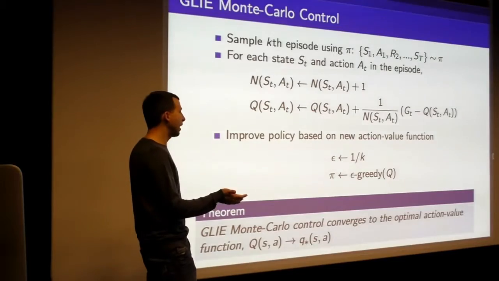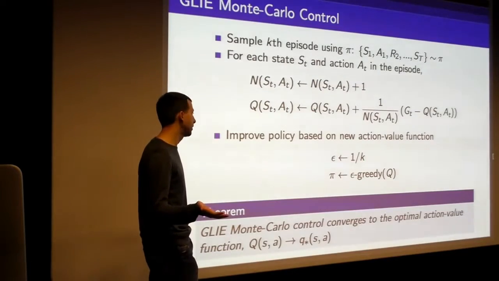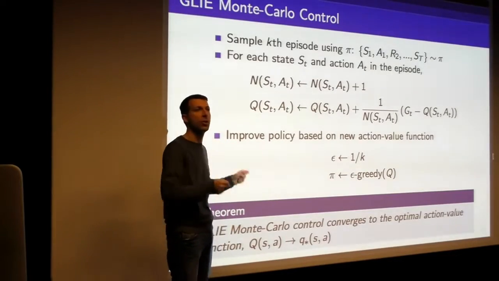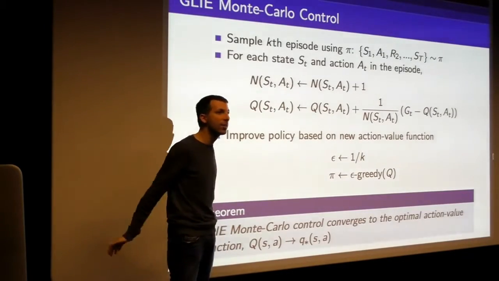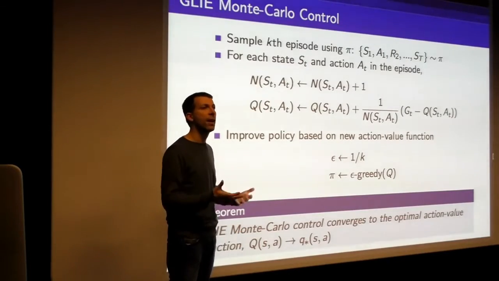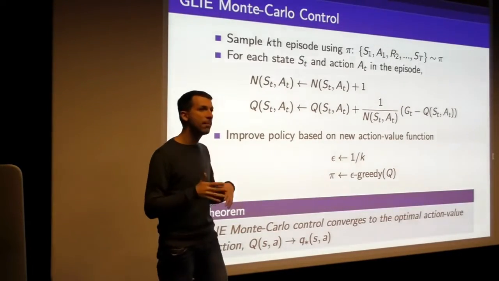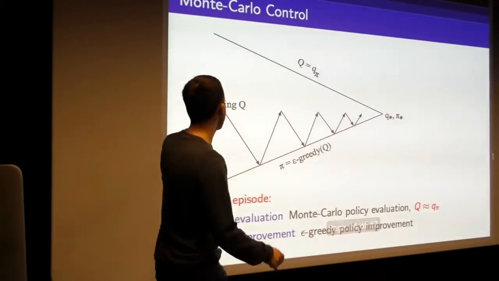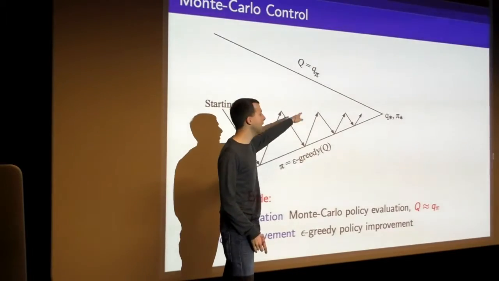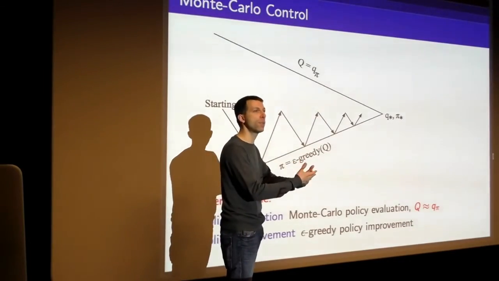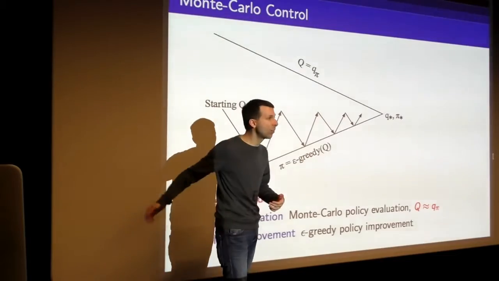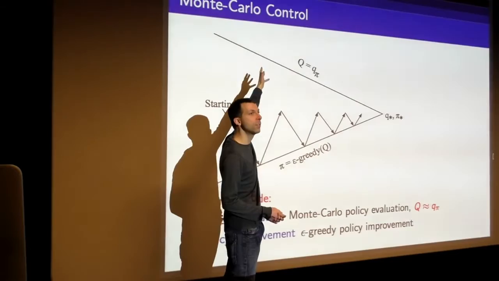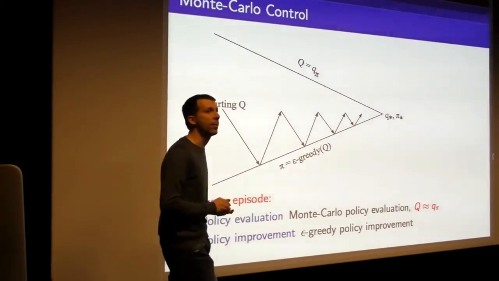And this algorithm actually finds the optimal action value function. So this is really our first full solution. This is something which you throw into any MDP and you just let loose with this thing, and it will find the right solution. And it's considerably more efficient to run it in this way, where you actually update the Q values every single episode. You update your Q values and then immediately improve your policy, rather than having to generate a whole batch of episodes, thousands of episodes, to just get one evaluation of Q. So this actually works much better in practice.